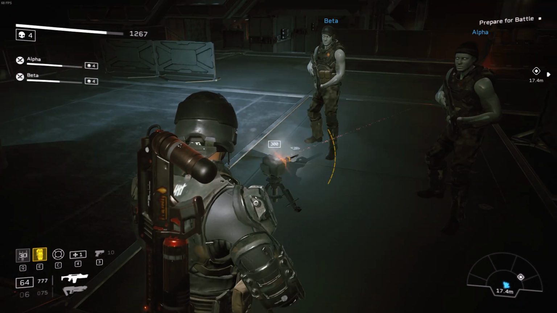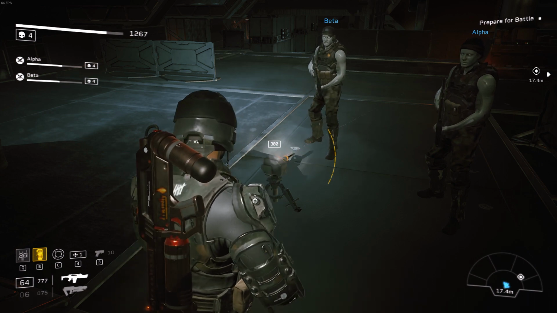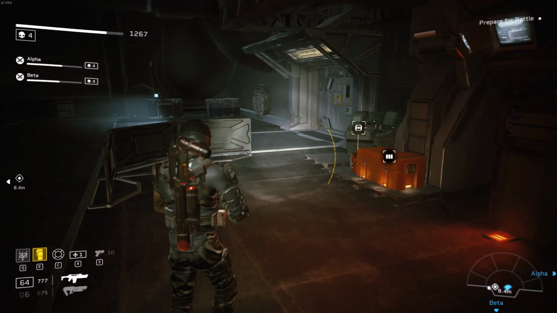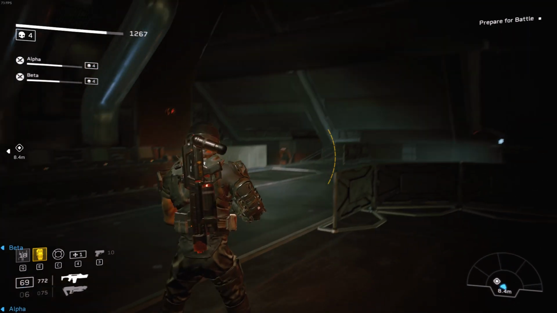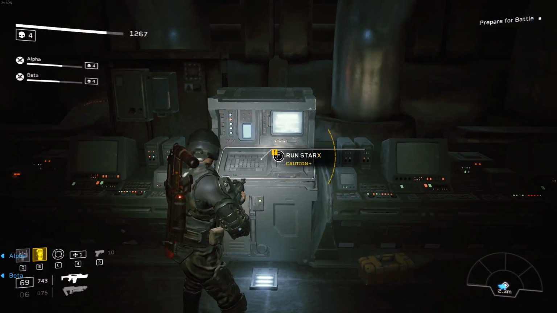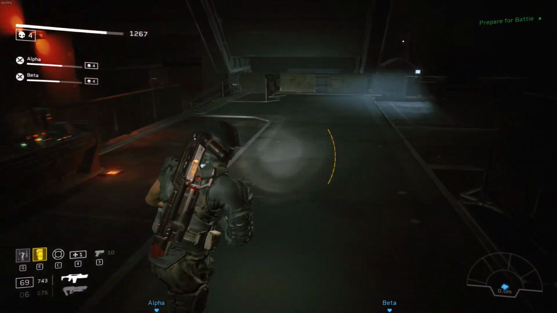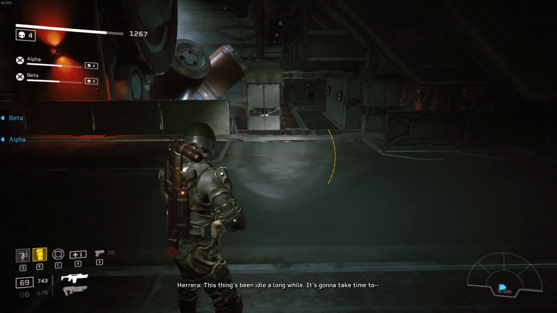Another one of the classes, the Technician, has a deployable turret that they have on cooldown and has unlimited ammo, which is rad. But the Technician doesn't get this. So, yeah. I wanted to play Gunner. This thing's been idle a long while. It's gonna take time to...